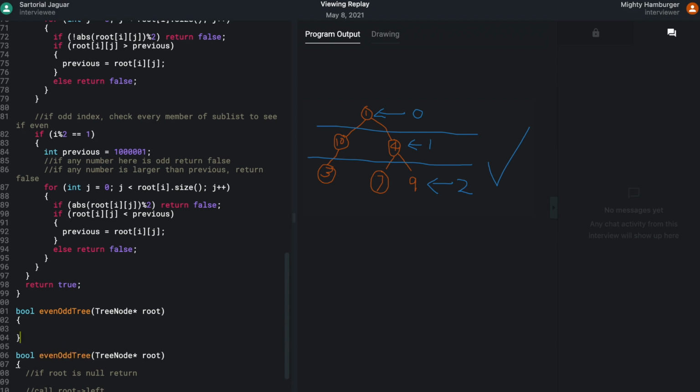Usually they give you the function that the test cases are matched against. This is the correct one with just one tree node argument. So now I'm going to call, let's call this, return evenOddTreeRecursive, root and new list int int.